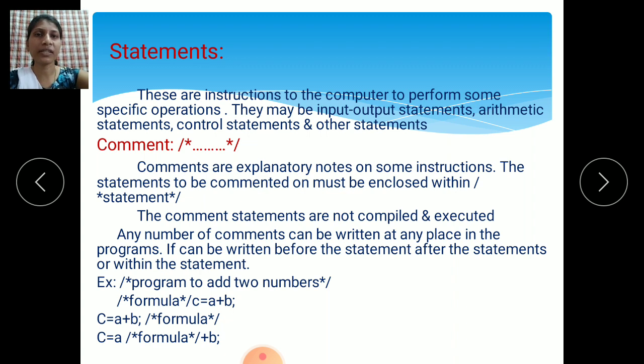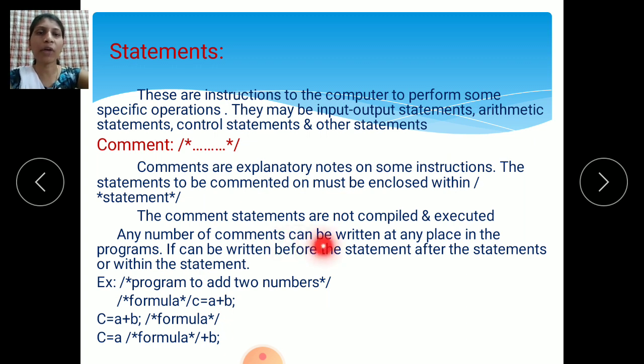For example, if you have used any condition or statement in your program and you want to know that statement's meaning, we write down a comment for it. It is an explanatory note, not an executable statement. It is only for the user's understanding. The comment statements are not compiled and not executed.